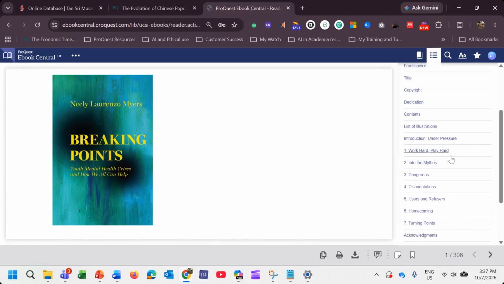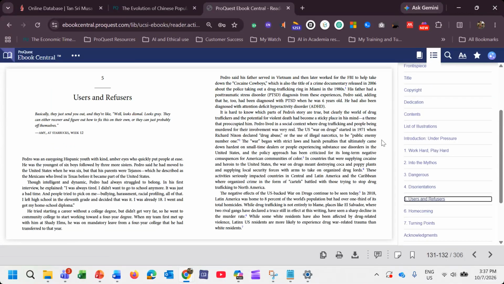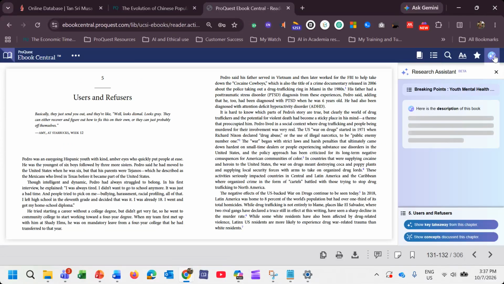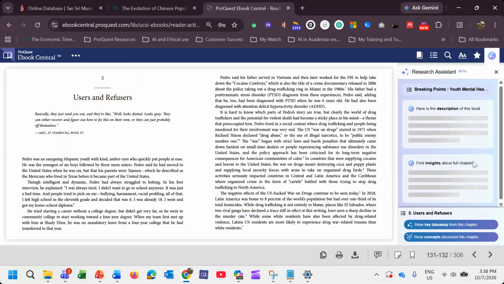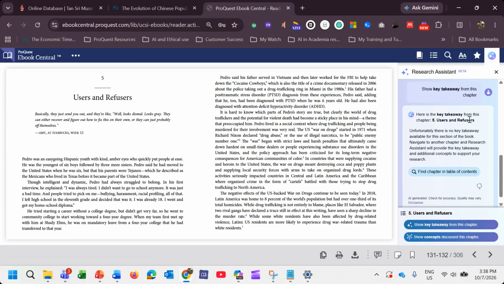Okay, that might be later. Say, okay, I want to see the introduction, okay, this uses and refuses. So you can read this at this point. And if you want to use the AI, if you see an icon like this, this is the research assistant for the book. If you click this, you should be able to see the key takeaway of this chapter.